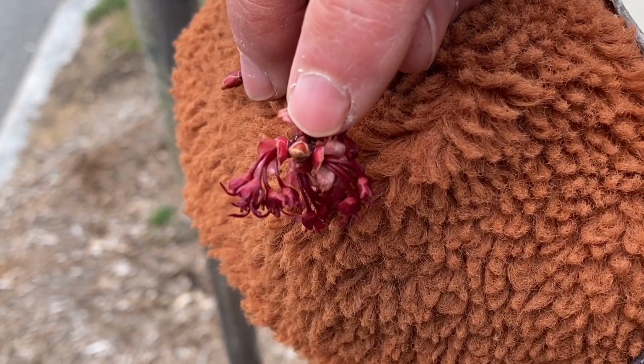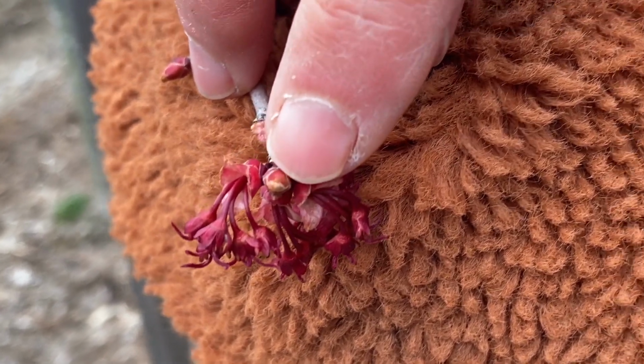Some buds are still closed up, and you can see the bud scales still protecting that growing